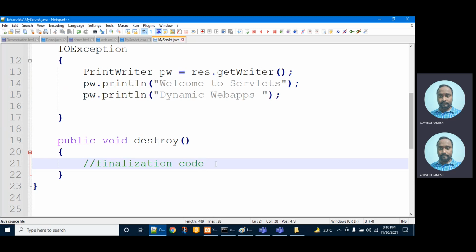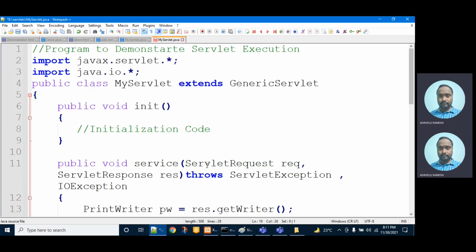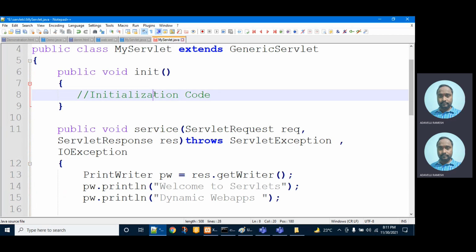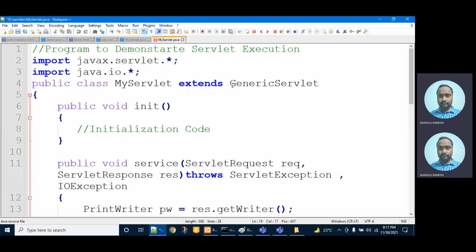If it needs to release any resources, those resources are released in this destroy method. After that only, the memory of this servlet is removed by the web container. So the init method, service method and destroy method are the life cycle methods of any servlet. Every servlet must extend GenericServlet.